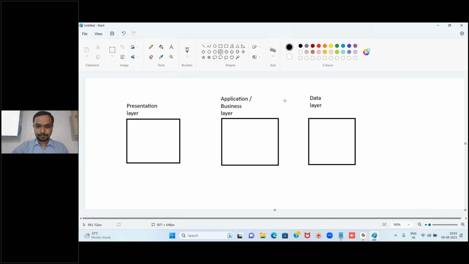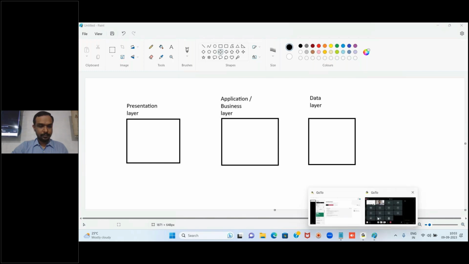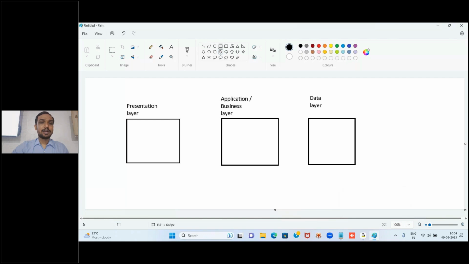So at that time, the presentation layer is the place where you will have all the web pages. Assume this is the sign-up page where you enter all your details, and the moment you click the button called register, the data will move from the presentation layer to the application layer, and inside the application layer specific programs are written.